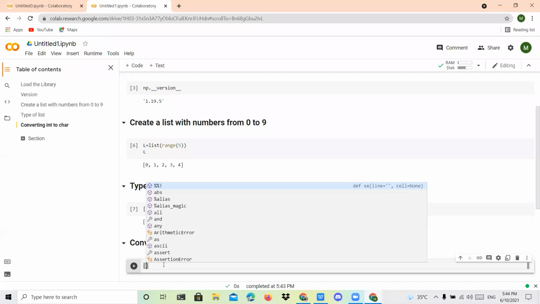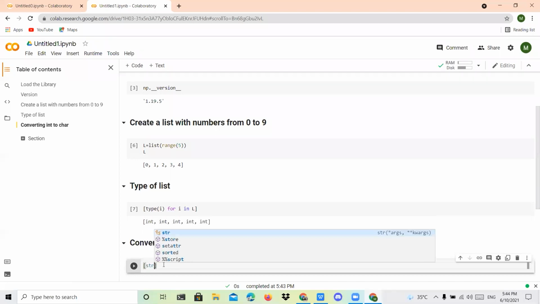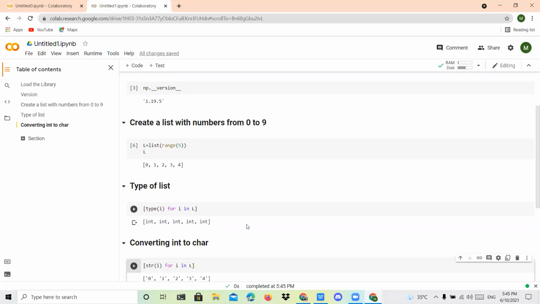Within that, you use the syntax of string, which is a keyword, with any variable, string of I. After that you refer to all values, in the same format we used in the type: for I in the list name L. Now we can check whether it's working.